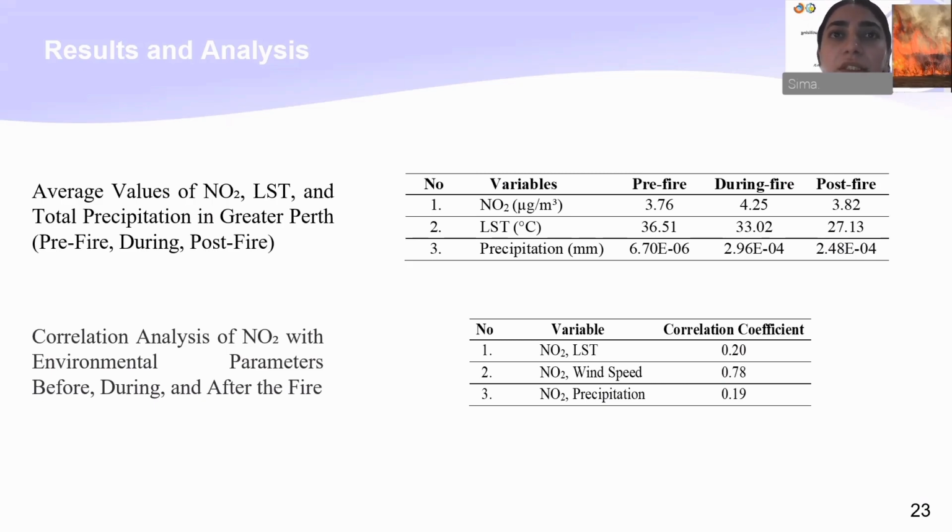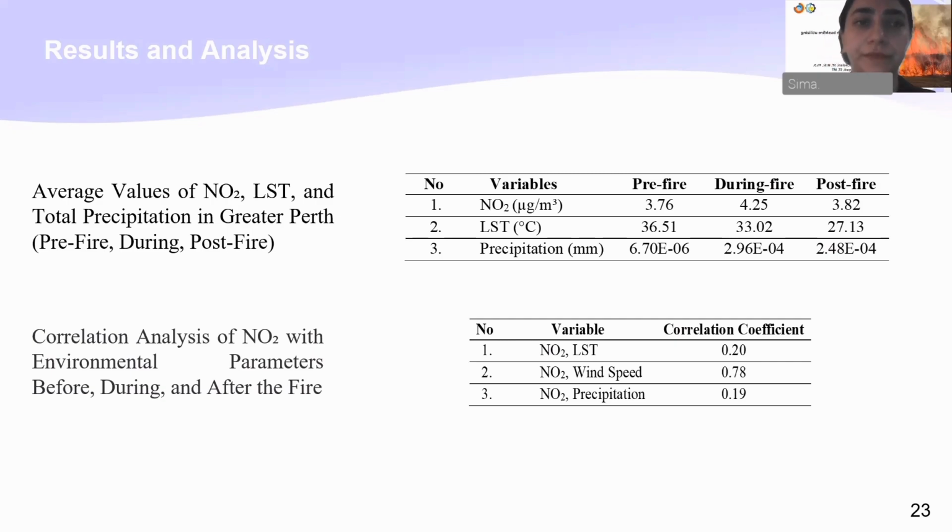During the fire, the decrease in LST might be attributed to factors like firefighting efforts such as water spraying, and rainfall, which could lower surface temperatures. Post-fire cooling might be due to both fire containment and continued precipitation. The observed changes in LST and nitrogen dioxide levels suggest a potential connection. High pre-fire LST might have created drier conditions that facilitated the fire and the subsequent increase in nitrogen dioxide emissions